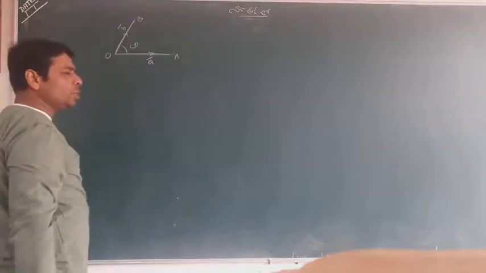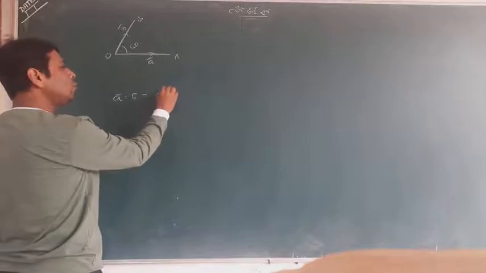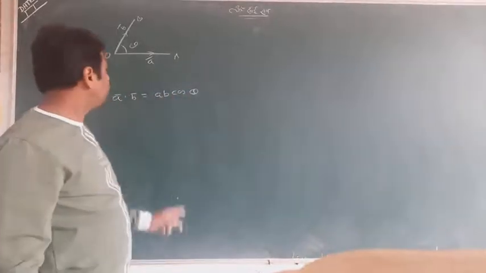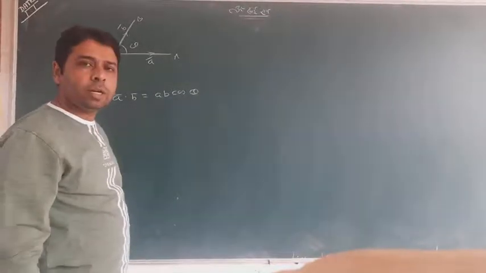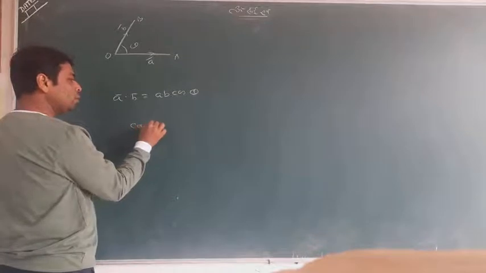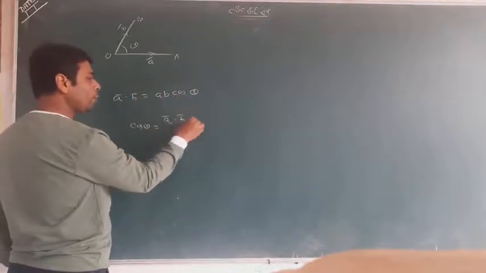Suppose this is the situation, and what is A dot B? It was AB cos theta, you know it. Now if you are given A dot B equal to AB cos theta, can you transfer to AB, because A and B both are constant values? So can you find cos theta? A dot B upon AB.